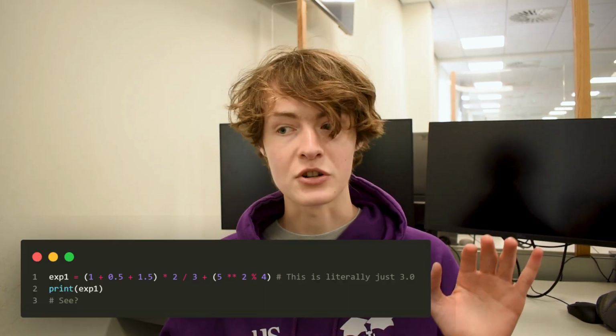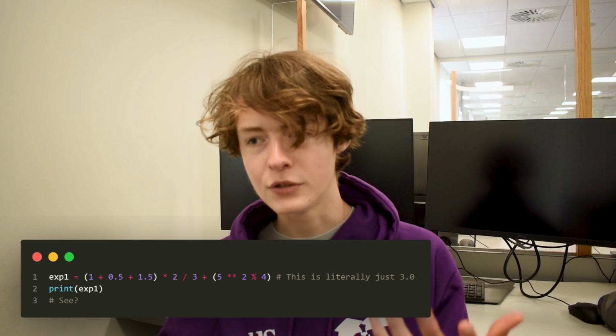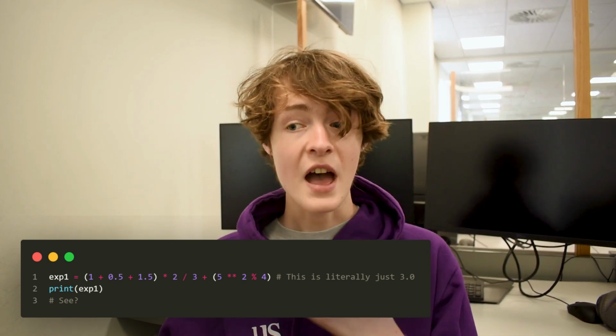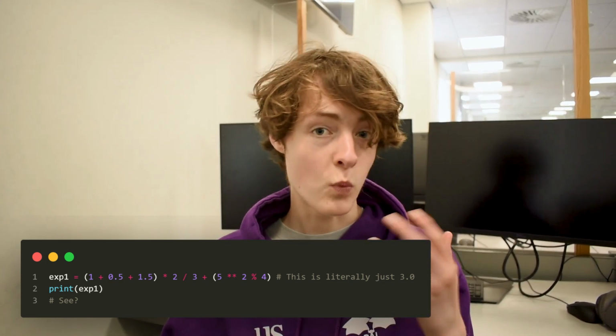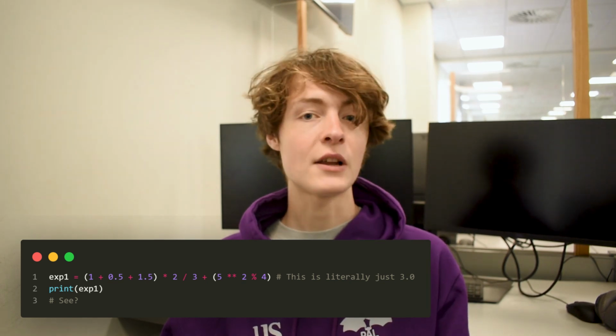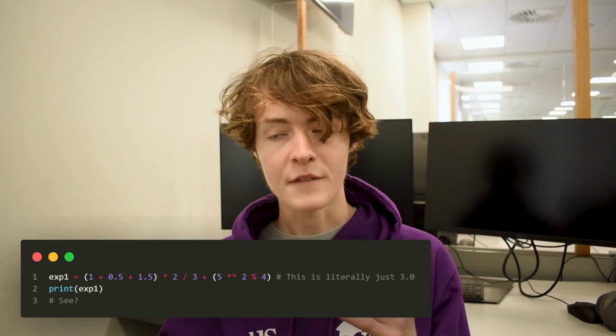Recall all the way back to learning expressions for the first time. We said that any expression, no matter how long or convoluted or impenetrable it looks to us, at runtime, that is to say when the program runs, gets evaluated down to a single value. Functions and function calls work in much the same way, where the value that they are ultimately evaluated to at runtime is the value that the function returns. This works no matter how many or how few parameters your function takes or what it does with them.